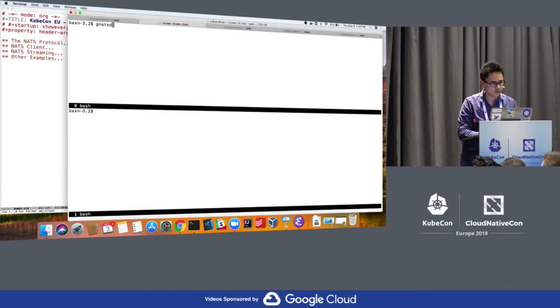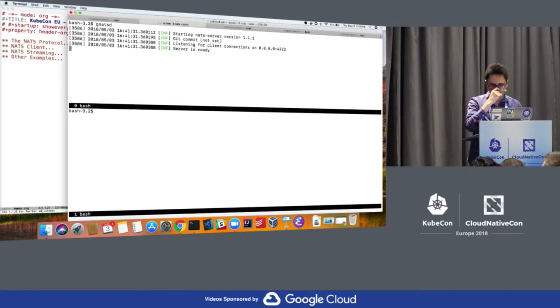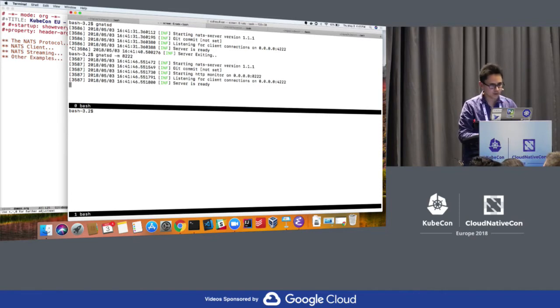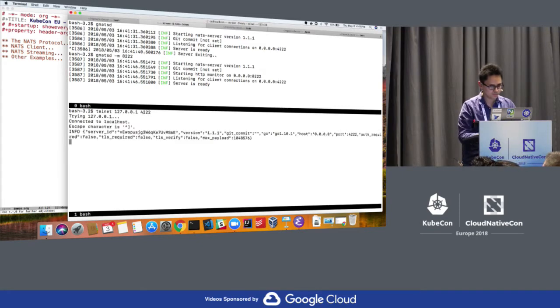Okay. So starting NATS is fairly straightforward. By default it is going to be listening on port 4222. There is an extra port that you can open for gathering metrics from the server. This is port 8222. And as a smoke test of the connection, some simple